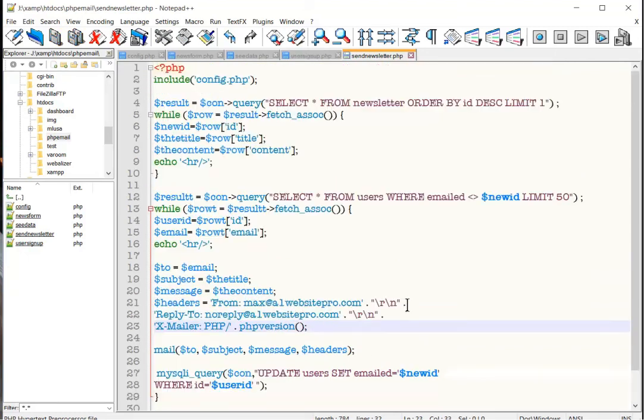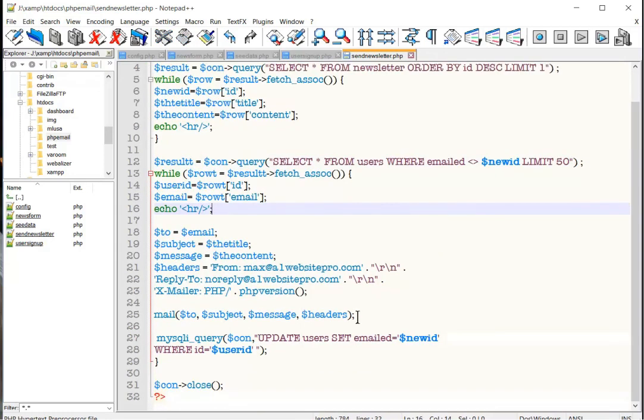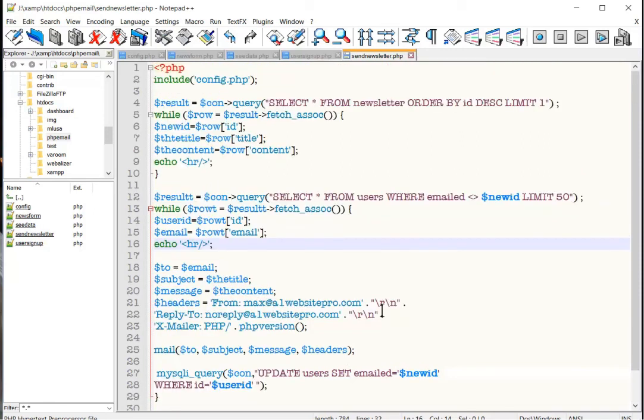Now, what we're going to do is have a cron hit this script every hour. It's going to hit this script every hour and check to see if the last newsletter went out. It's going to check them 50 users at a time every hour. And if it hasn't sent them the newsletter, then it's going to email it to them. If it's already been sent, they're not even going to appear in here because we're checking to make sure where the newsletter is not the new ID. So this will send these newsletters to these particular people. And this is how you can utilize your